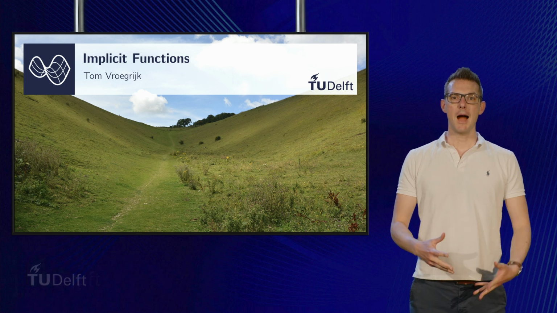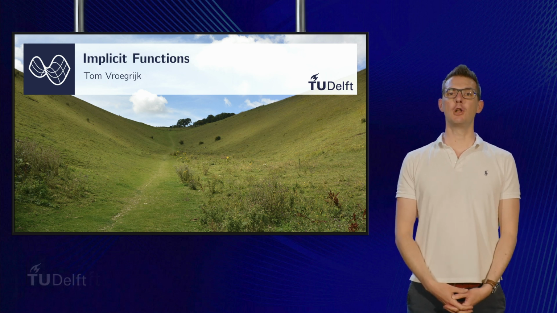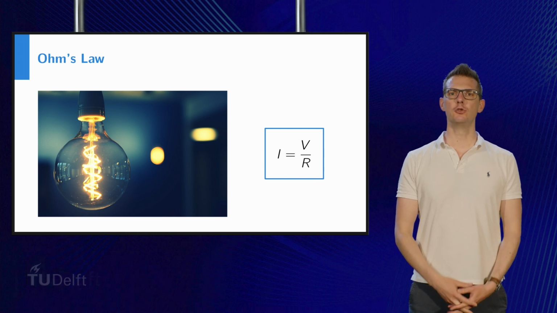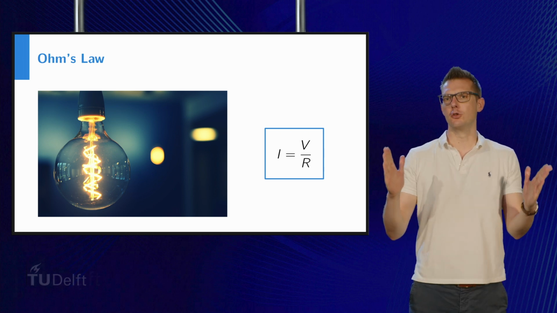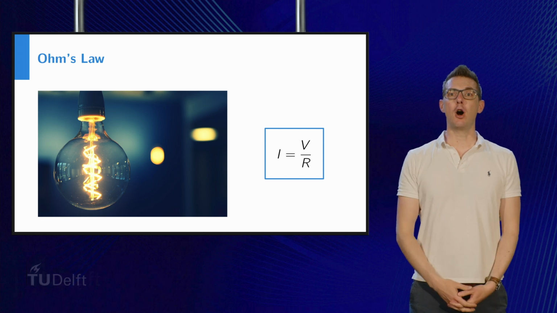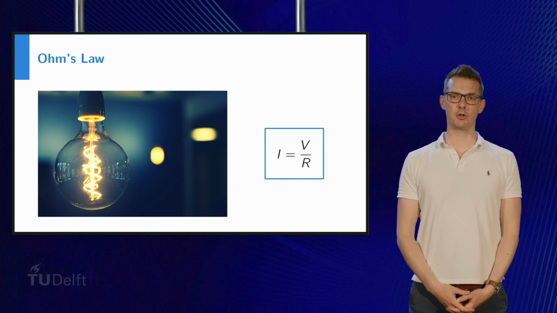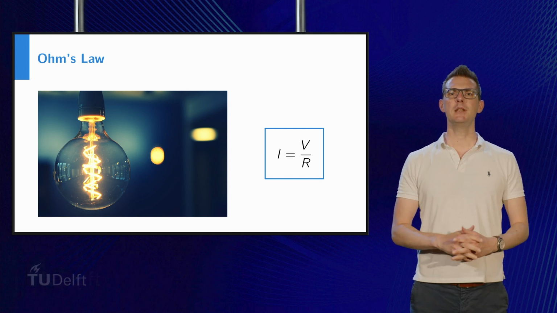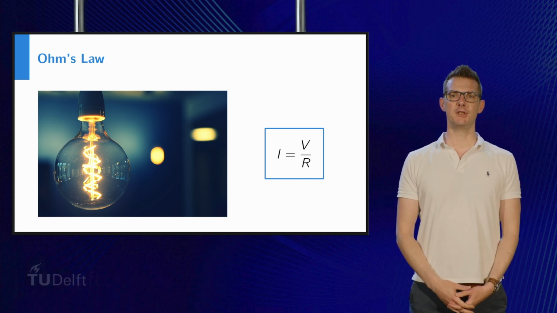Hi. I guess that most of you encountered Ohm's law in high school. Now, Ohm's law states that the current I through a conductor between 2 points is directly proportional to the voltage V across those 2 points. The capital R in the denominator is the resistance of the conductor. Now, this physical law gives us a relation between electrical current, voltage and resistance.